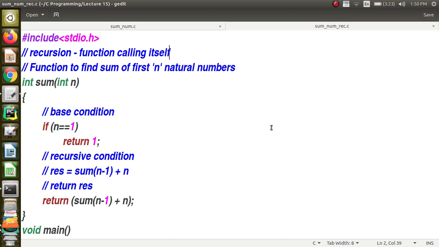Then when you want to find sum of 4, you have to find out what is sum of 3 and add 4 to it, right. Like that, the larger instance of the problem depends on the smaller instance, and we have a binding there. Actually, the plus operator is the binder, which is going to bind the solution of the smaller instance with something, right.